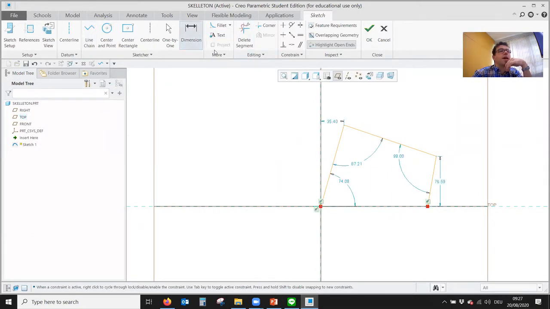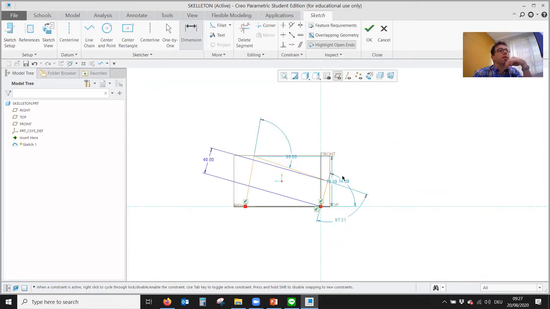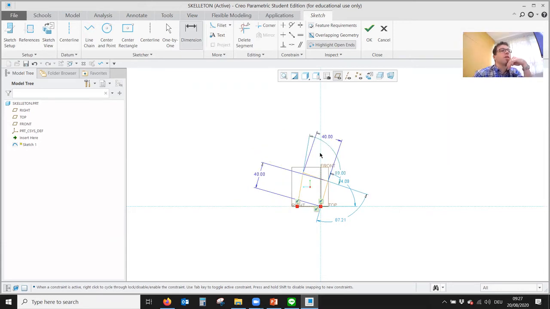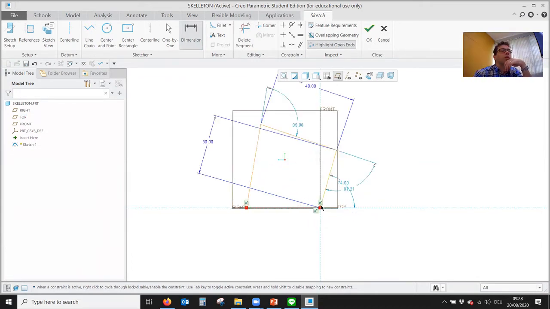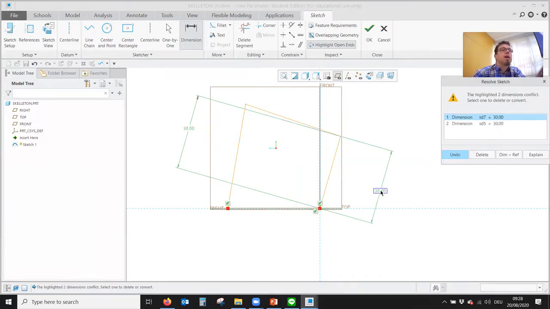And now I will define dimensions. I said this one has a length of 40, I believe, right? This one will have a length of, oh no, this one was 40, right? This one was only 30, right? The last one has a length of 20. See, and this is a good example. Now there's this complaint of CREO, and it says, well, these dimensions are contradicting,